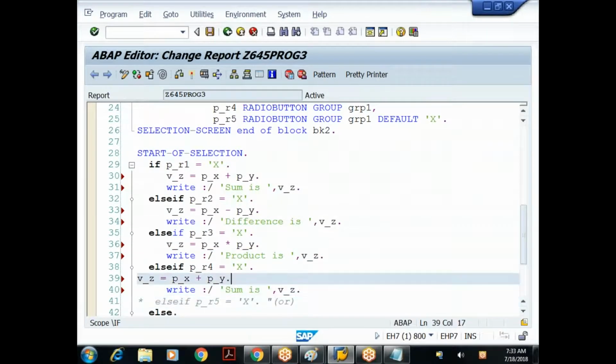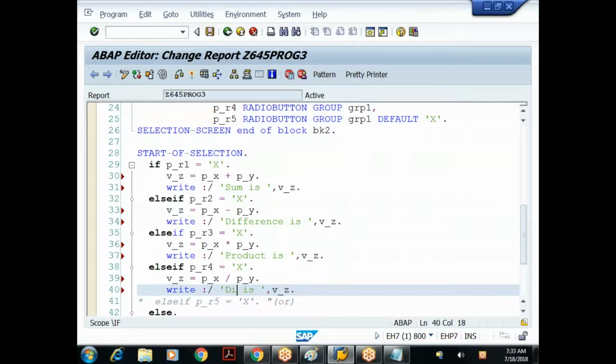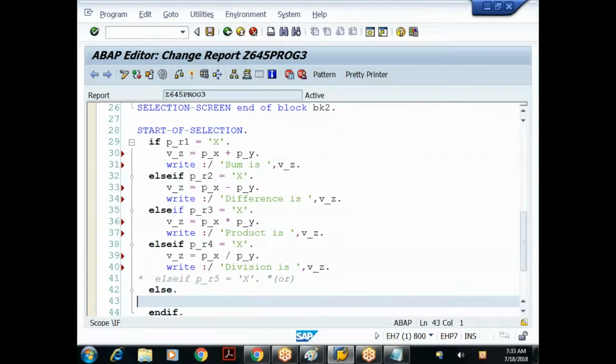Then here P underscore X by P underscore Y, and division is some meaningful message. For the else case I'll say some meaningful message: none radio button selected.